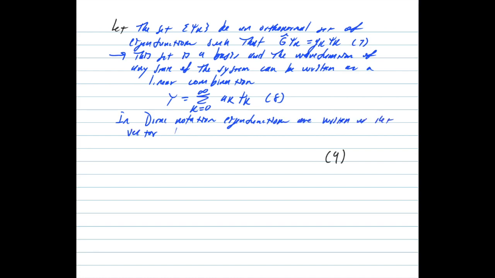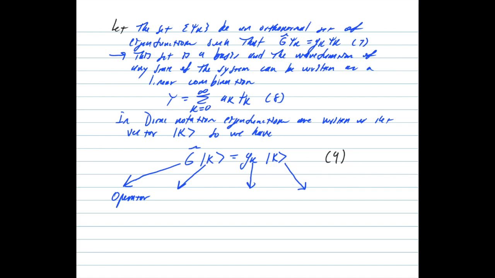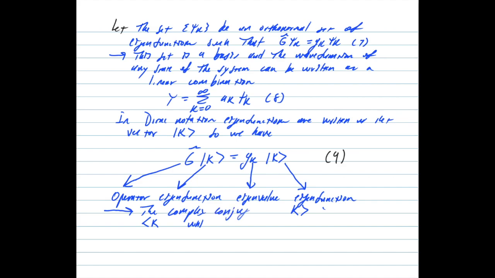Now we're going to go back to what we were talking about in the beginning of the video, and we're going to reintroduce the Dirac notation, or the angle bracket notation. In Dirac notation, the eigenfunctions are written with the ket vector. So when the angle brackets are written this way, we have a ket vector. And in equation 9, we have the operator G hat times ket k is equal to lowercase g subscript k multiplied by the ket vector